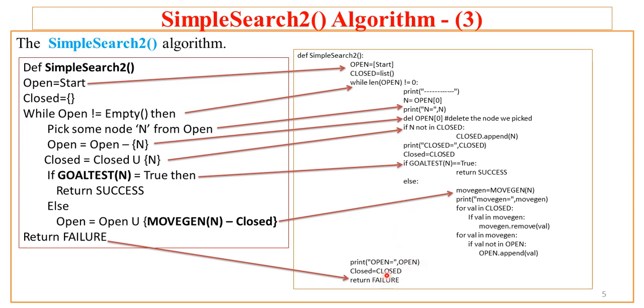So here, if the algorithm is not able to find the goal, it will return failure. Otherwise, it returns success if this test condition is true. Hope you understood this operation. Again, I recommend you watch video lecture 4 for the actual operation of this simple search 2. Here my intention was just to make you understand the simple transformation of thought process into code. Hope you understood this.